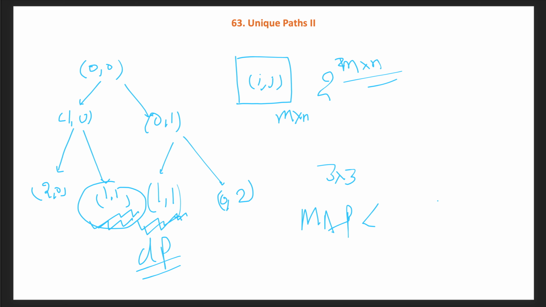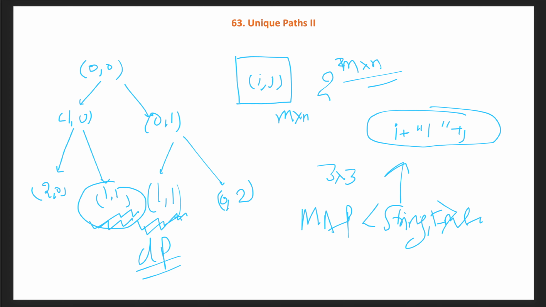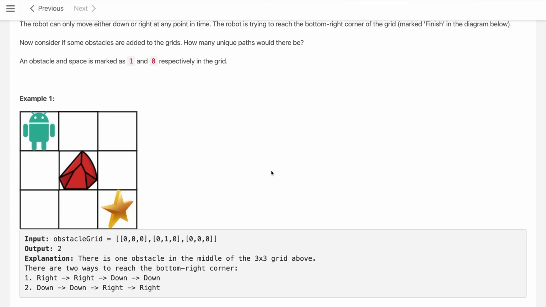or into a 2D array. In a hash map, if you are caching, use the key as a string and the value as an integer representing the count, and this key we will construct from i appended with some delimiter, and then j appended. This is one way to store the solution in the cache, and we can also store it in a 2D array. Let me show it here.